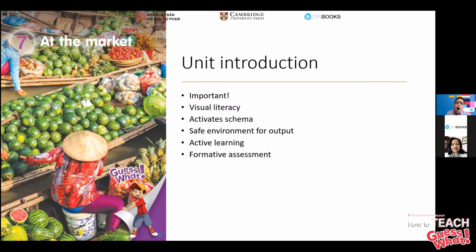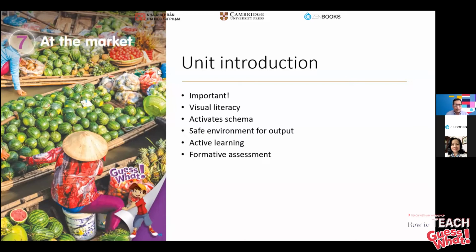It's a chance and an opportunity for us to use language. It also activates schema. And that's a fancy way of saying it allows us as teachers to find out what the students already know, and a chance for students, their brains, to start thinking about what they'll be developing, what they'll be adding on their knowledge to. Schema activation is very important when we teach, especially young learners, so that students can understand the context that they're